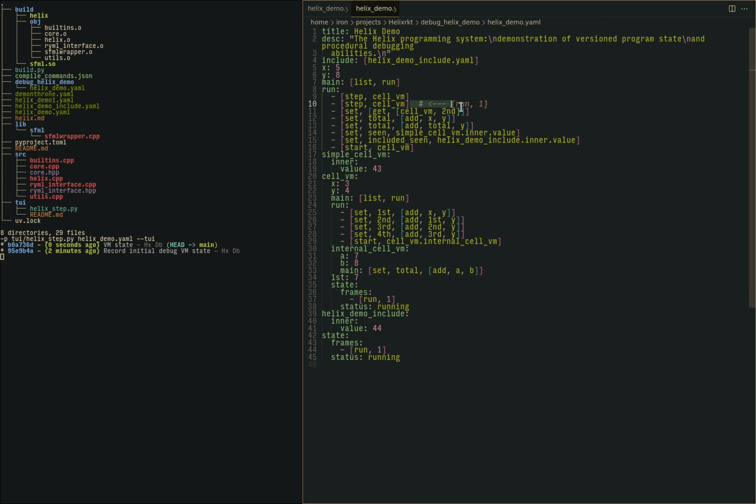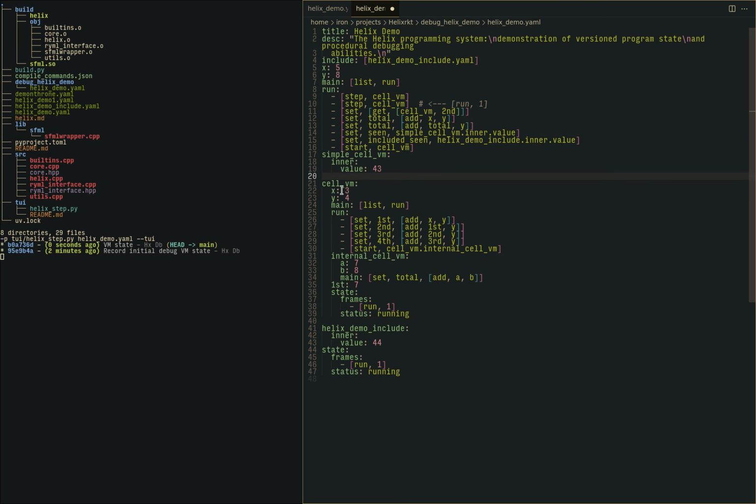But right now you can see that this is where our program counter is. The program counter is just the top of this stack frame, and you can see this cell VM here has already started running. The status is running, and it already has this frame, so that means it's ready to